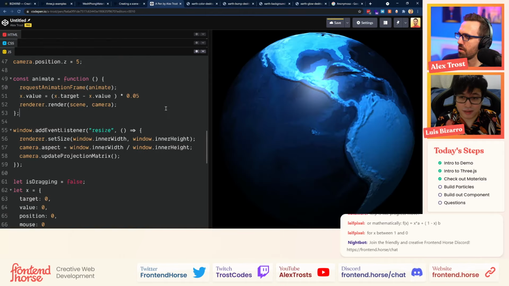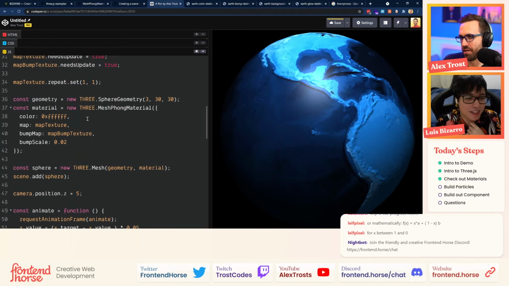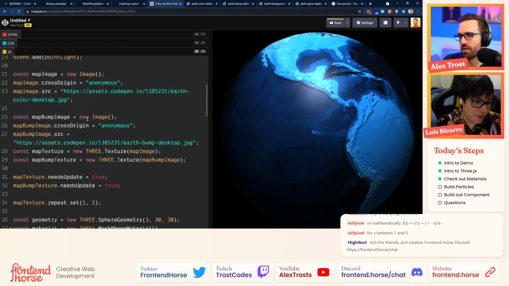Let's drag and see what's going to happen. I didn't get anything there. We're also not setting this to the sphere yet. Yeah, we need to set that to the sphere. Sorry, I forgot. So the sphere dot rotation. Is it just sphere?